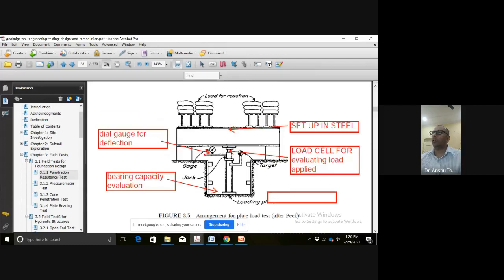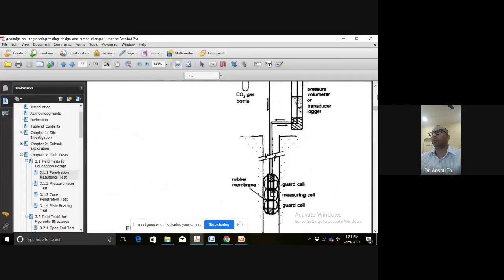So as we continue to put the load here in the form of sacks filled up with sand, we have got multiple sacks, and each sack contains 50 kg. So that sand is filled up and we continue to put the load in the form of sacks. According to that, the dial gauge starts showing the reading corresponding to the deflection, and the load is also evaluated. So let us go back and read it out.